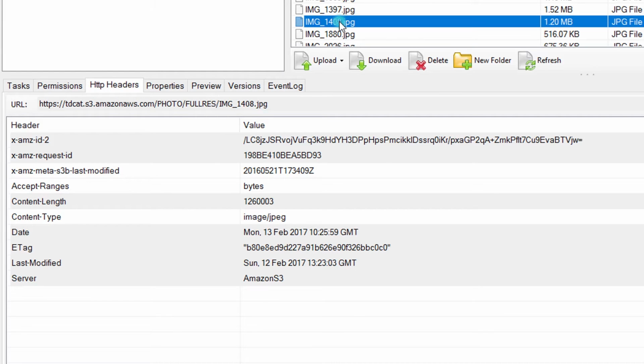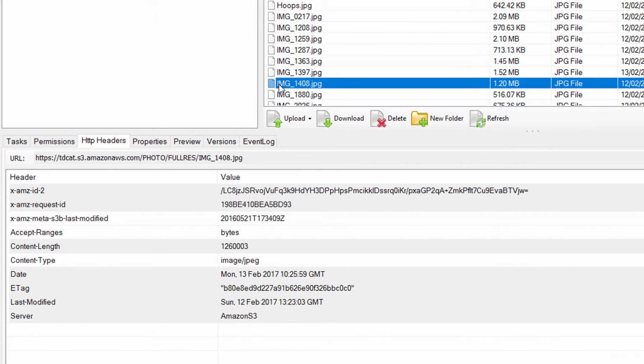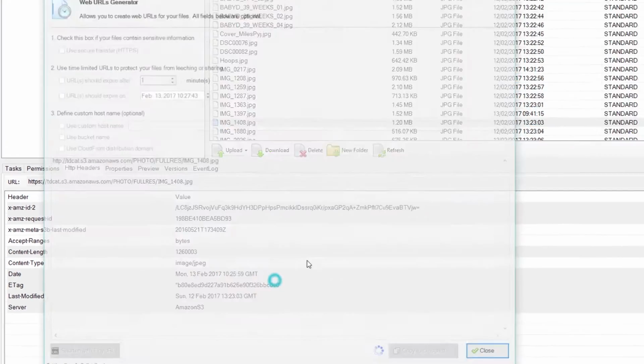At the moment, if I look at this picture file, a picture is a typical example, a JPEG file, because it's so well supported that any browser will just open a JPEG file. And as the HTTP headers here show, the content type is image JPEG. So this file, if I create a link for this now, and we're in the S3 browser,